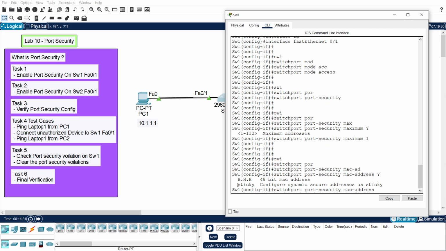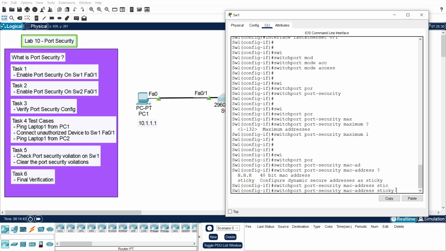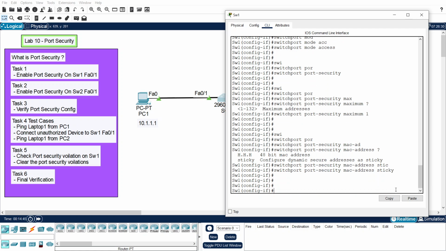The second method is that we can use the sticky command, and when the MAC address of this PC is learned by the switch, it will be automatically saved. For this particular case, we will use sticky because it is an easier method instead of manually entering the MAC address. So we will exit it